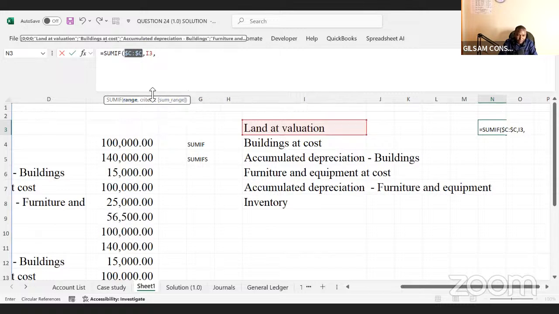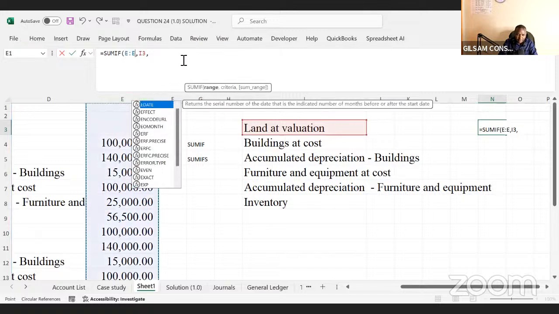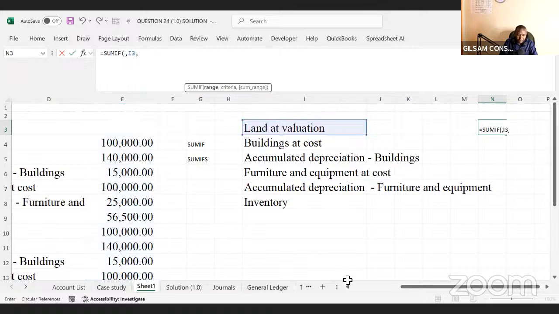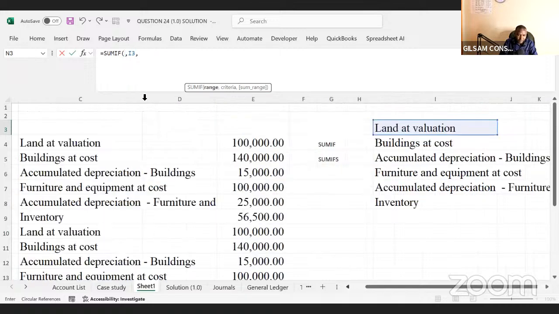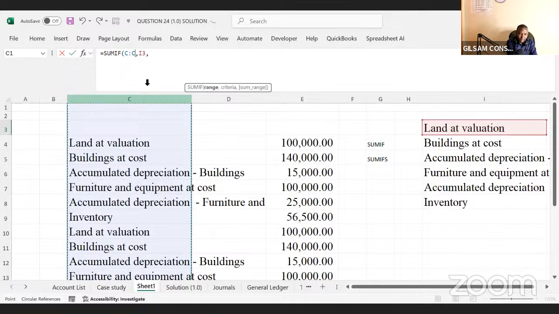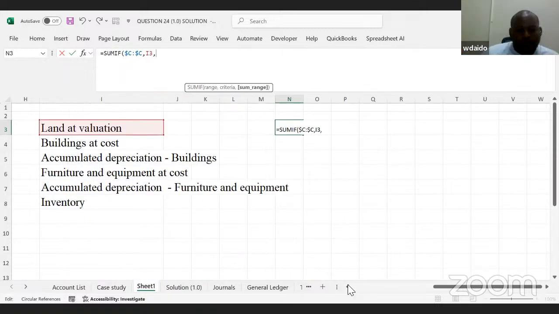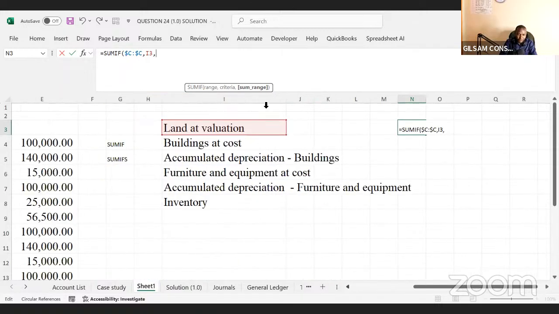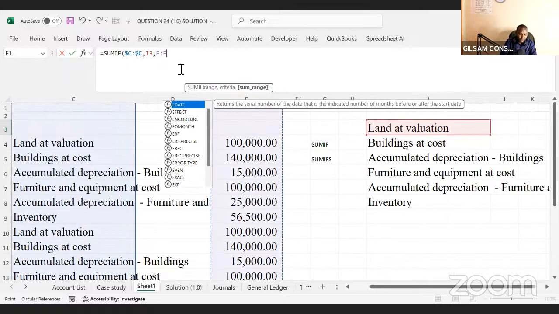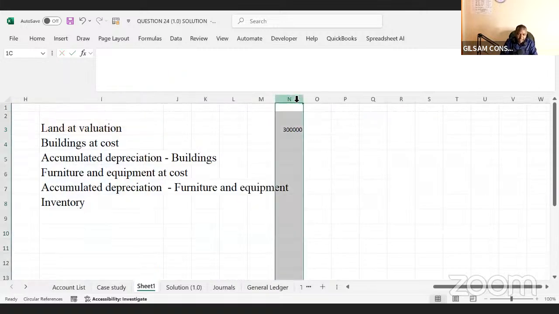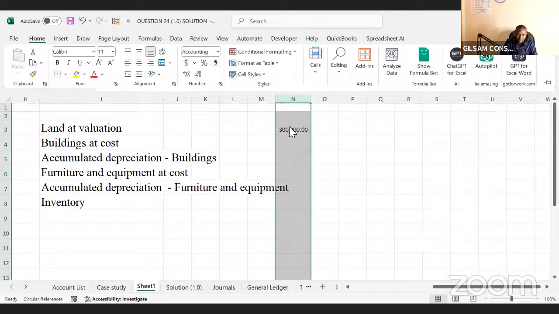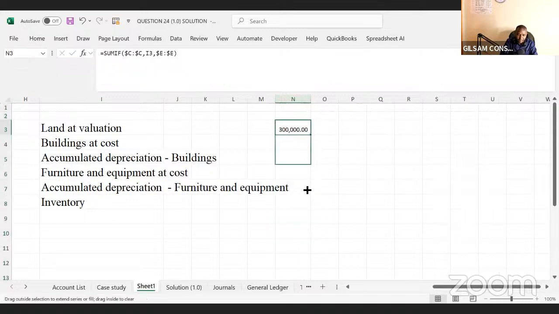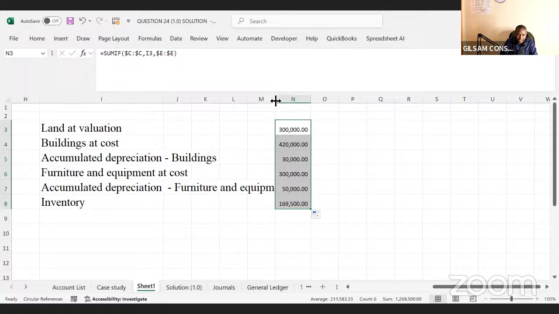which column? Column E. That is, itabidi turudie. Hapa nimeclick ingine. So this one should be column C. We locked that. The sum range should be E, which is that one. Also, I have to lock that and then enter. So I can get the summarized information for my ledger is 300,000. And then if I drag it down here, I can get